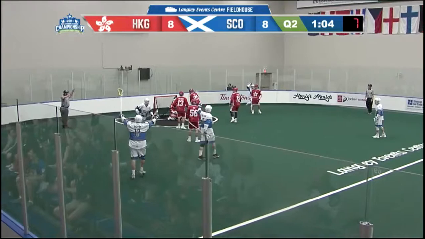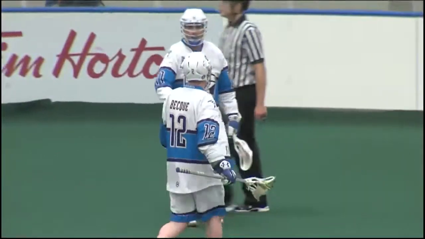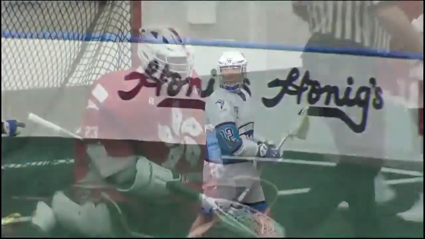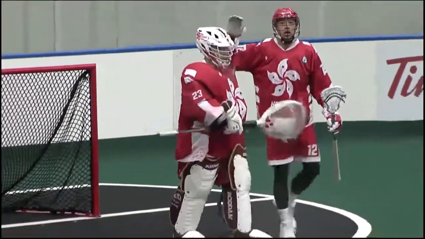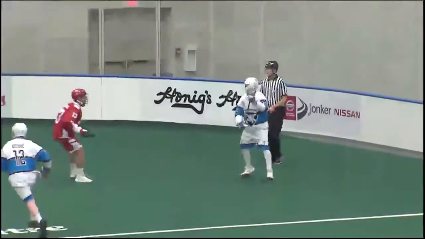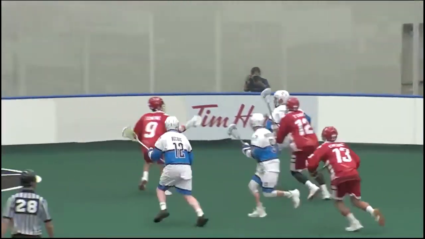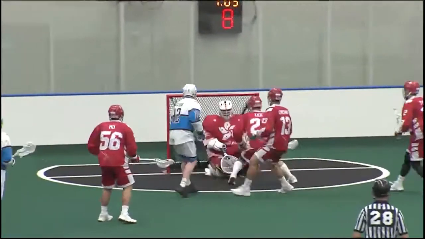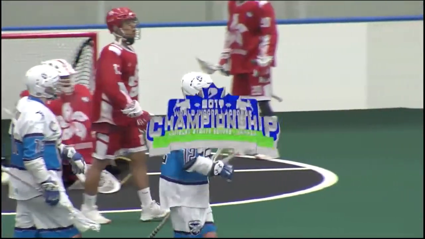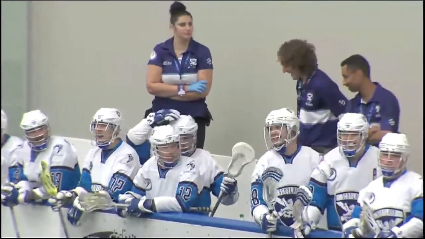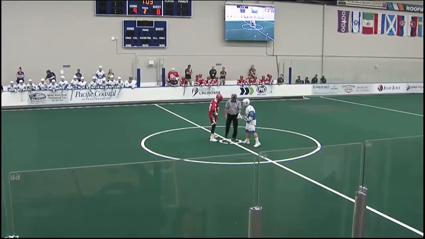Scotland looking for the go-ahead goal, and they get it in front, just moving it around quietly, and I believe the last to touch it, Tom Beck in front of the goal. Started from the right side, moving around there, Trevor Jackson. Jackson fed it in front, and Beck depositing it from the top of the crease. 13:57 the time.